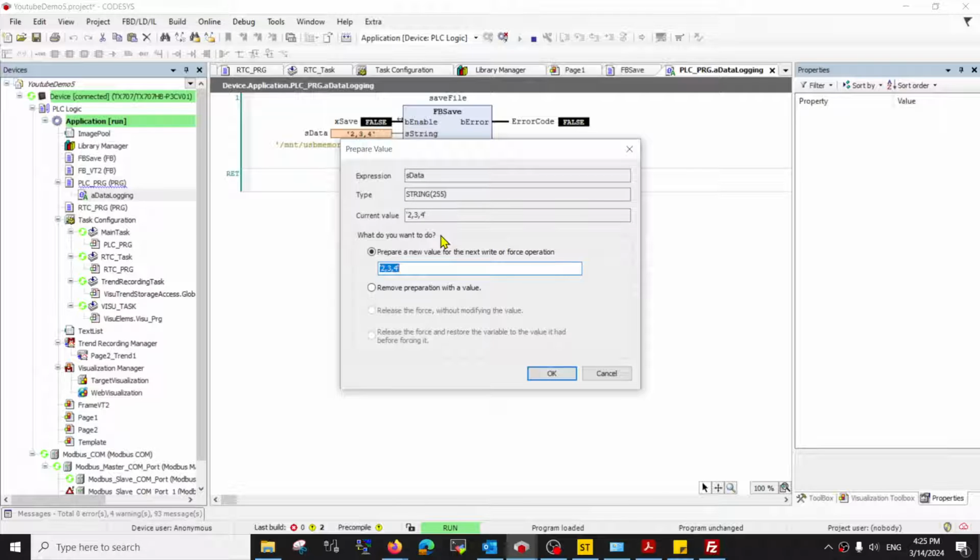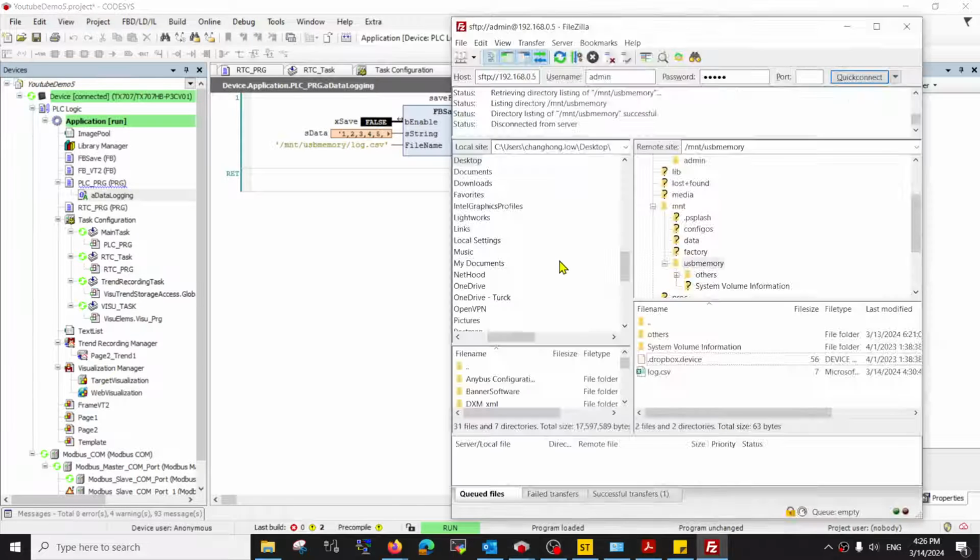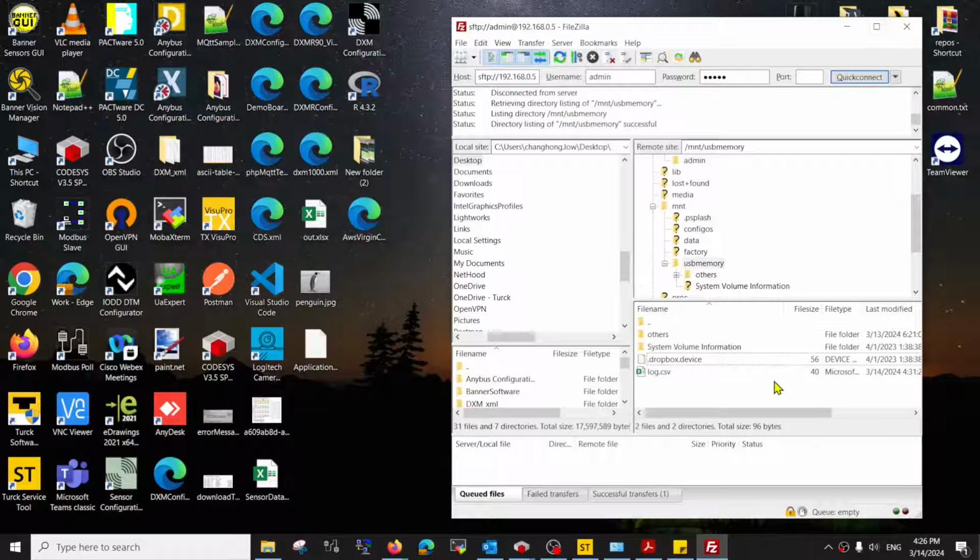Maybe 1, 2, 3, 4, 5, 6, even with a different size. You can see I have no problem writing the data in, and now if I pull out the data,